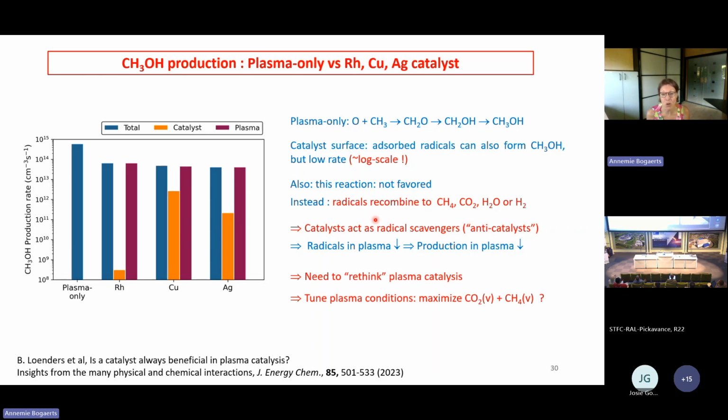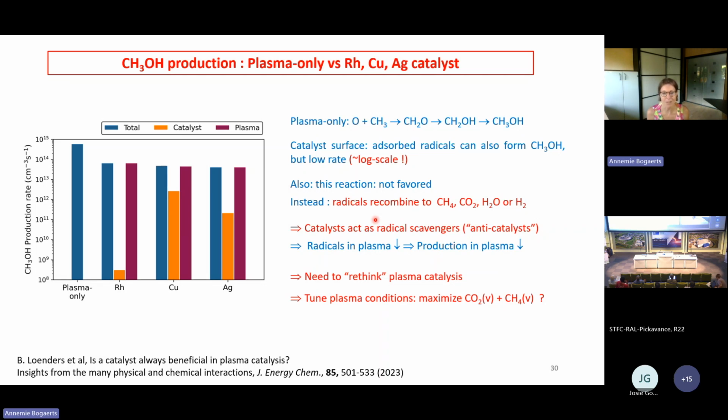because a lot of people show methanol synthesis in plasma catalysis. So I thought we should see this in our model as well. But actually it makes sense that metals act as radical scavengers. So it's logical that radicals will be adsorbed at the catalyst. So I believe we need to rethink plasma catalysis, and maybe we need to tune the plasma conditions to maximize